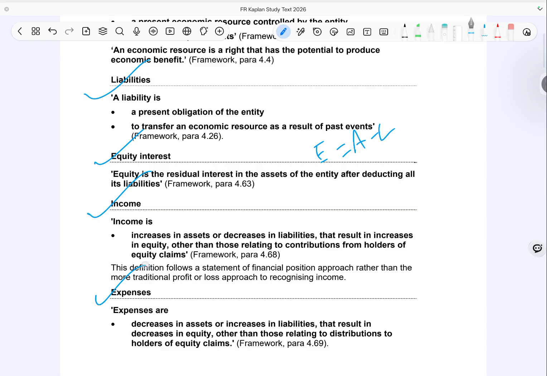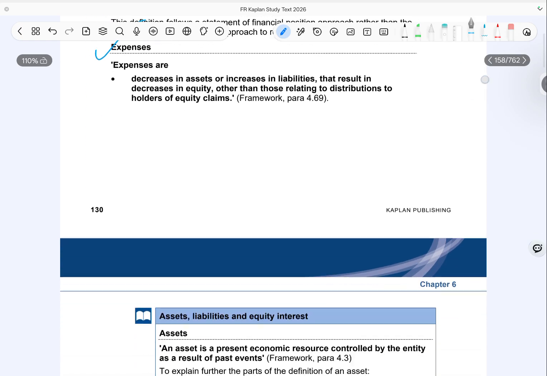Fifth, you have your expenses. Expenses are exactly the opposite. Expenses means a decrease in assets or an increase in liabilities, which results in a decrease in equity. Again, there is one exception. If the business pays dividends to the owner,